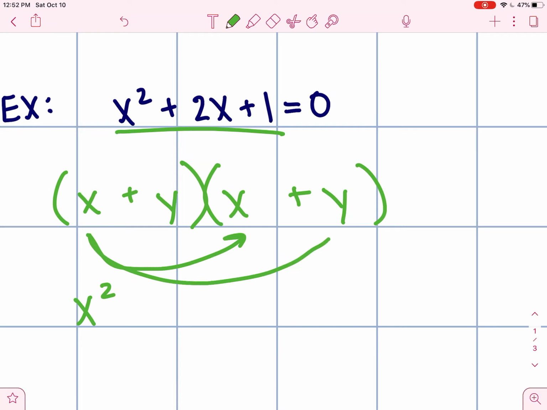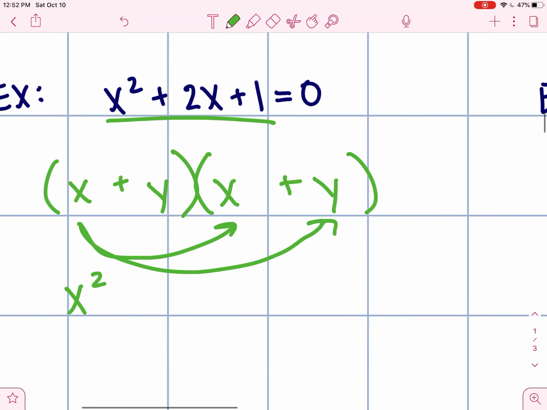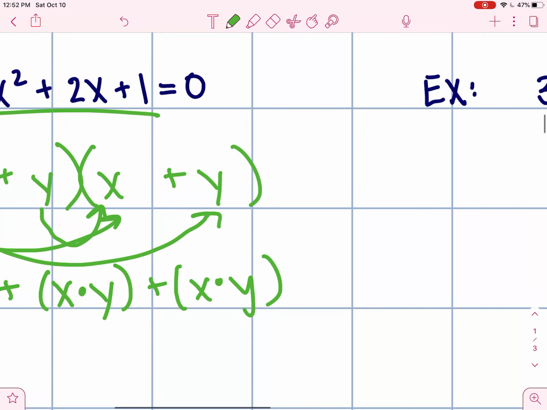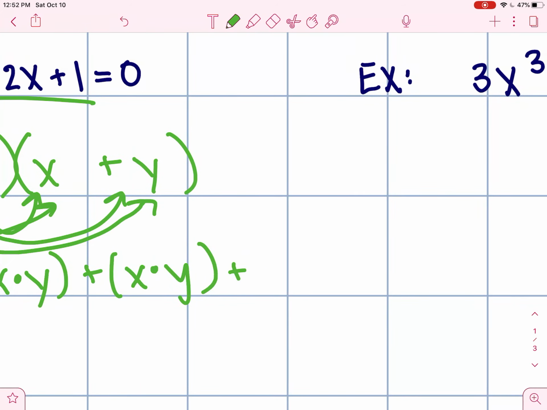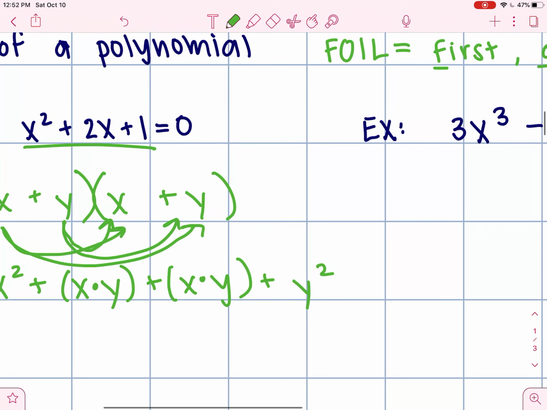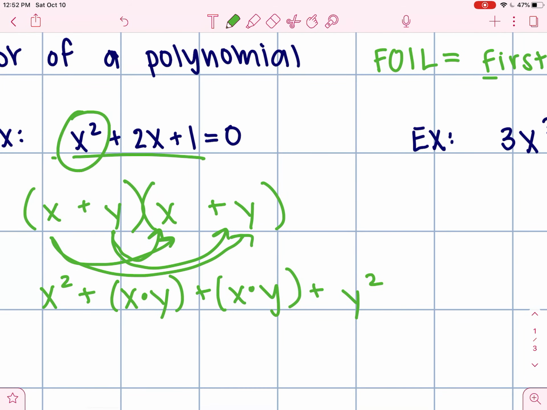First, outside. Now the outside terms, x times y. So plus x times y. Plus our inside terms, so another x times y. And then our last terms, which is y times y. So y squared. So if we look at our equation above, we see that we already have our x squareds